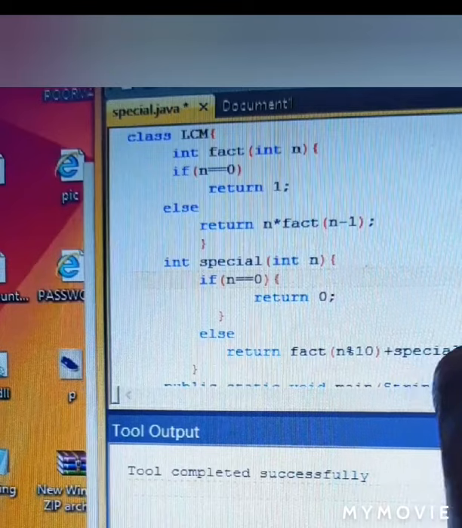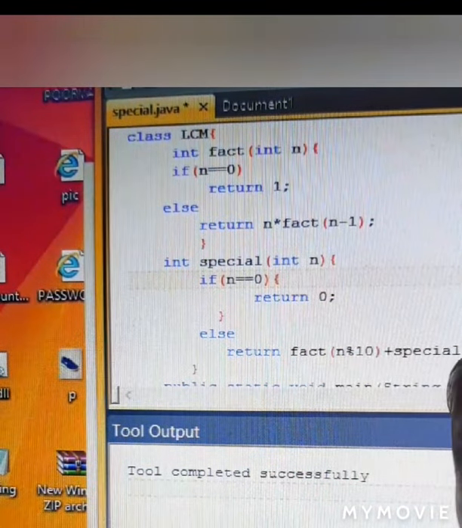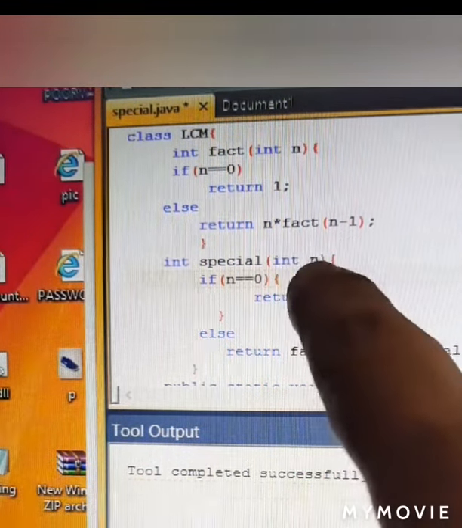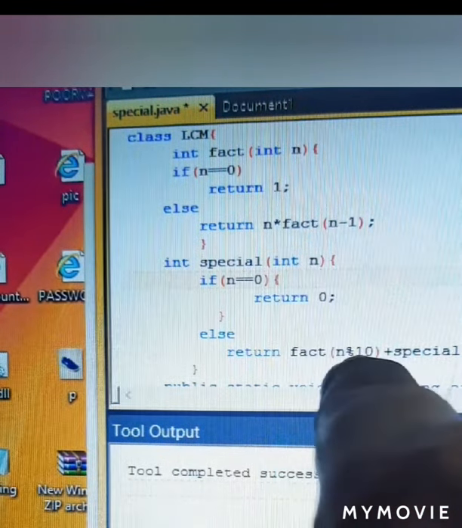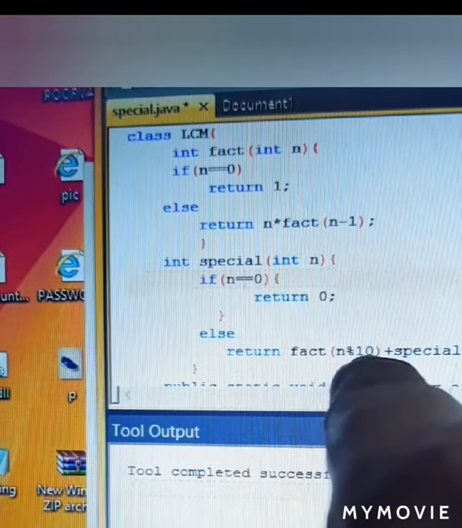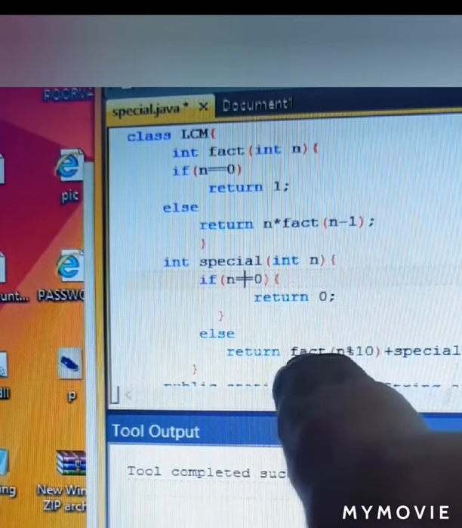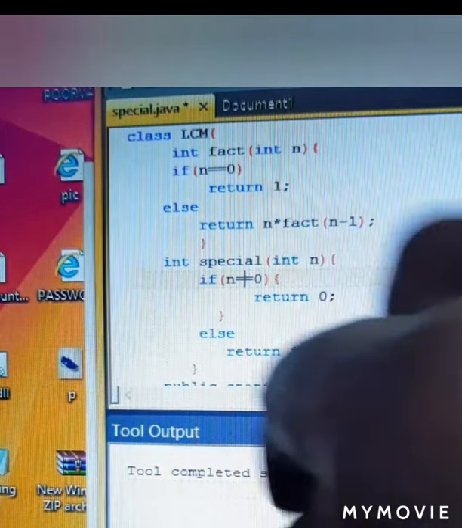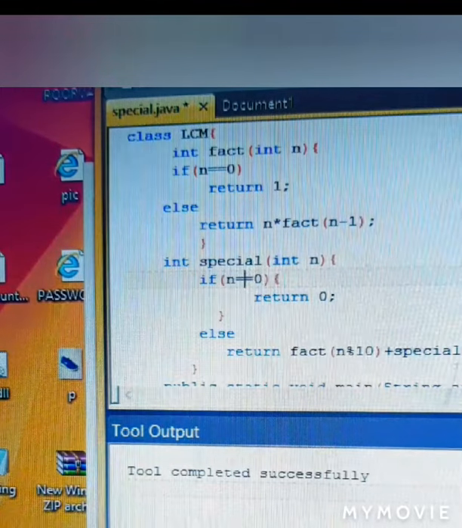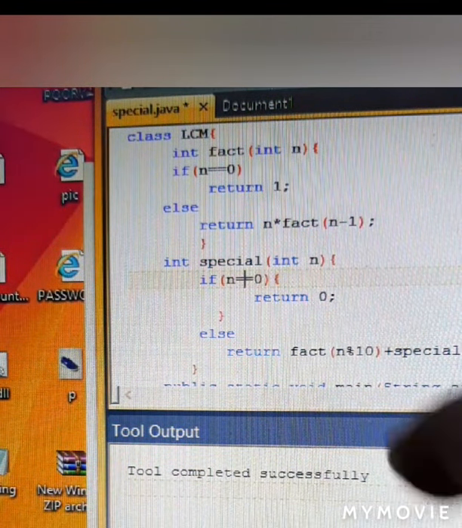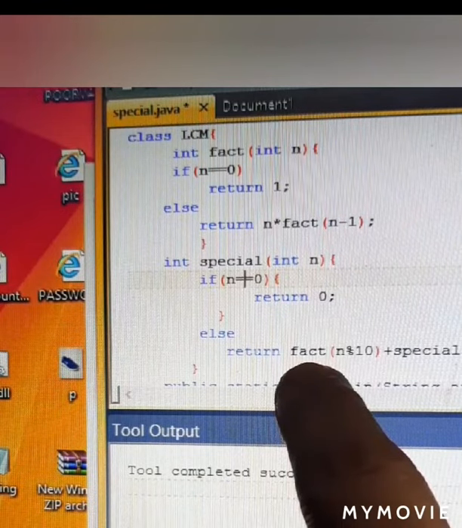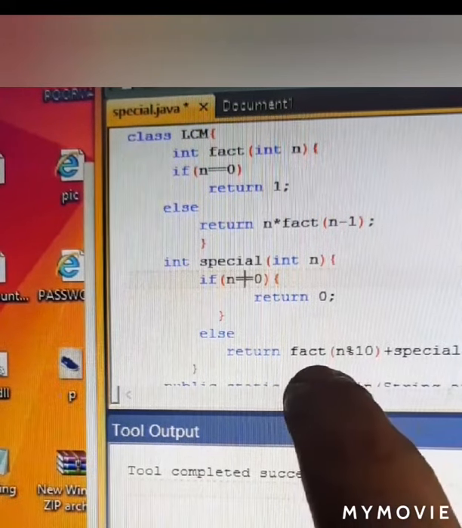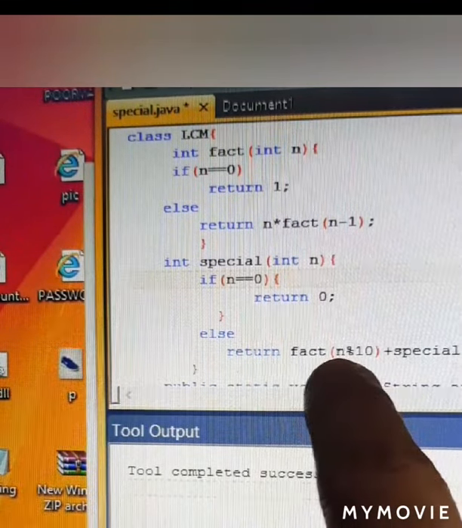Then the special function is going to call itself recursively and send 14 as a quotient. Now 14 is equal to 0 is false. So again 14 modulus 10 will give you a remainder 4, which will again be sent to the fact function, where 4 into 3 into 2 into 1, 24 will be returned here, where already in the memory we have got 120. 120 plus 24 will give you 144.